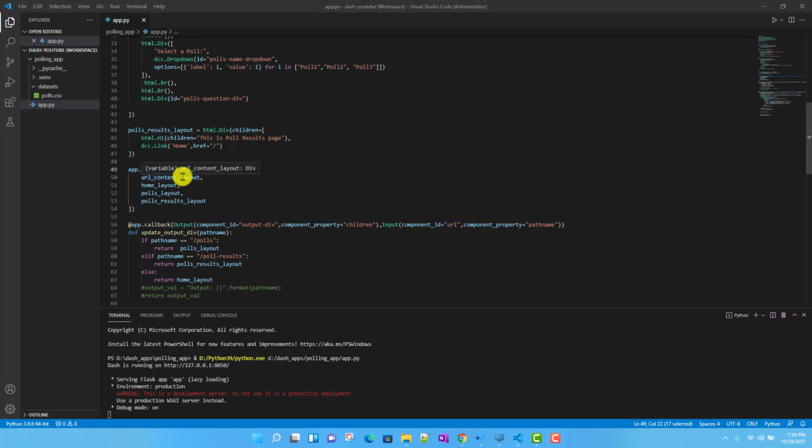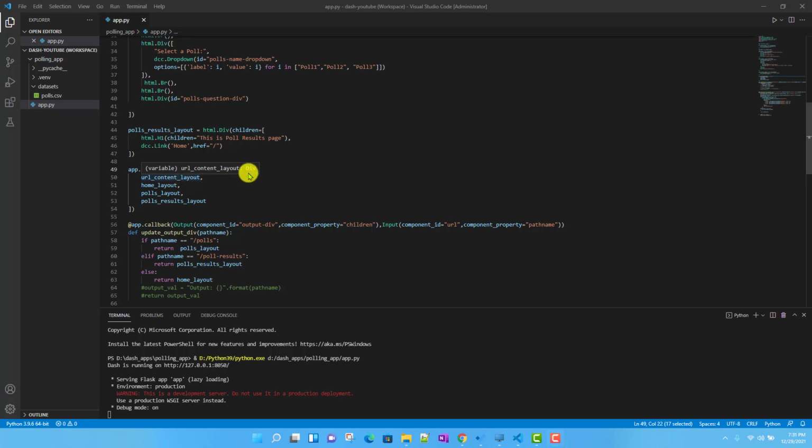Now in this particular video, we will talk about how to structure a Plotly Dash multi-page application so that we can maintain our code in an easier way. It also serves maintainability and future enhancement purposes, and it will be a very good foundation when you structure your code properly. There are two ways you can do that.